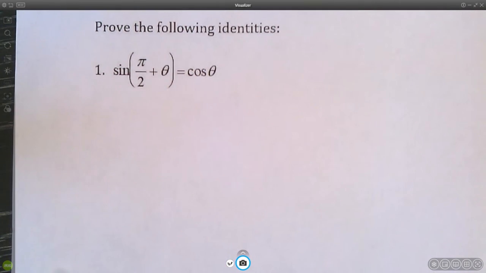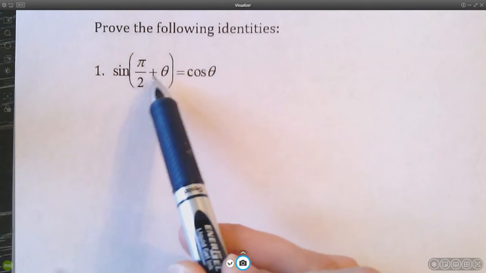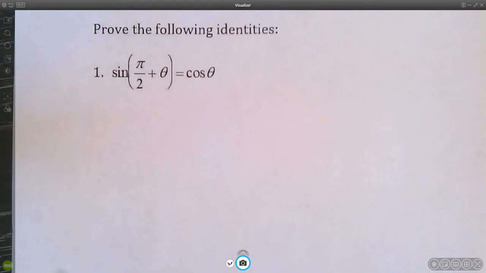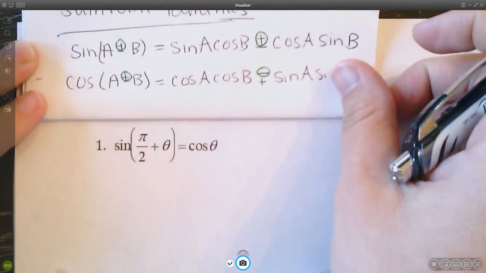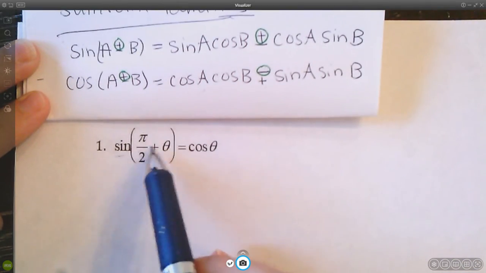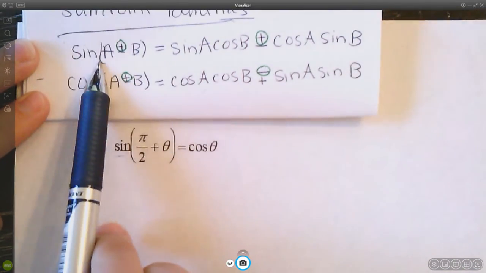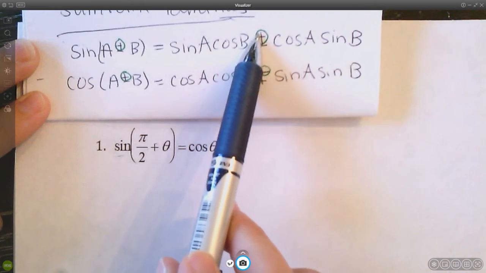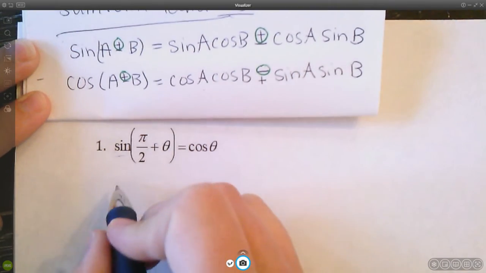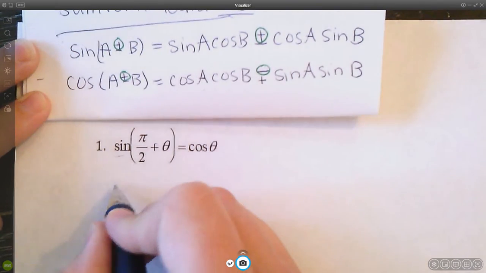So we're going to use our sum and difference identities. Anytime you have two angles added or subtracted, you're going to use your sum and difference identities. Okay, this one is sine, and we are adding. So we are going to use this top one, and we are going to add. So if I rewrite this, we will get